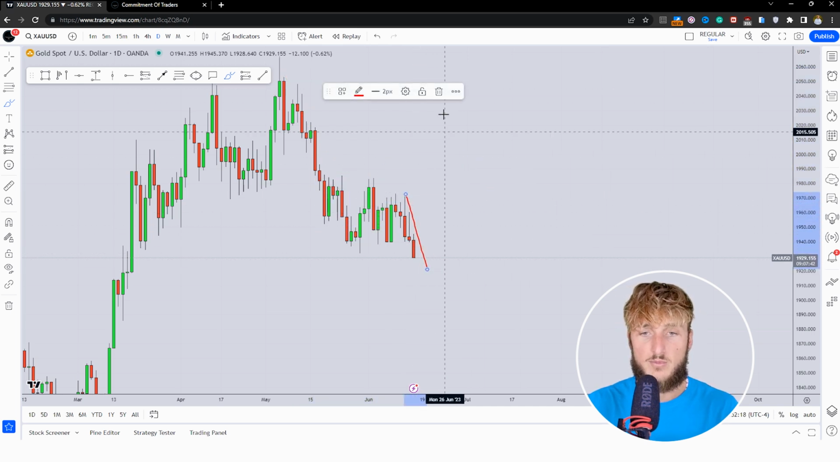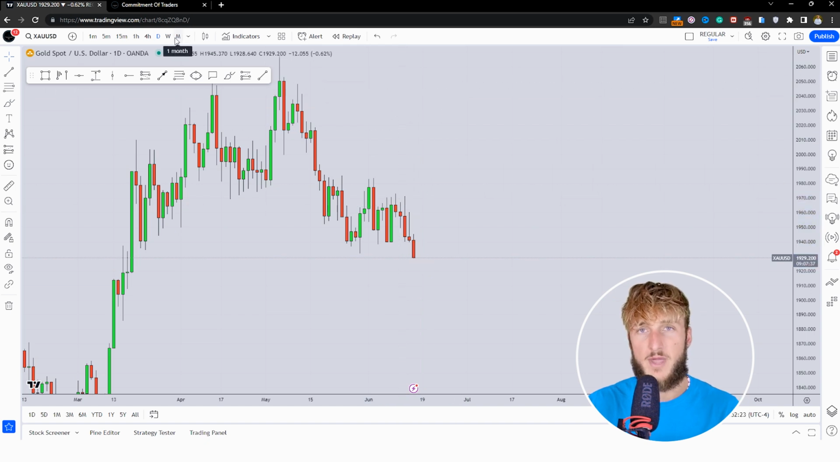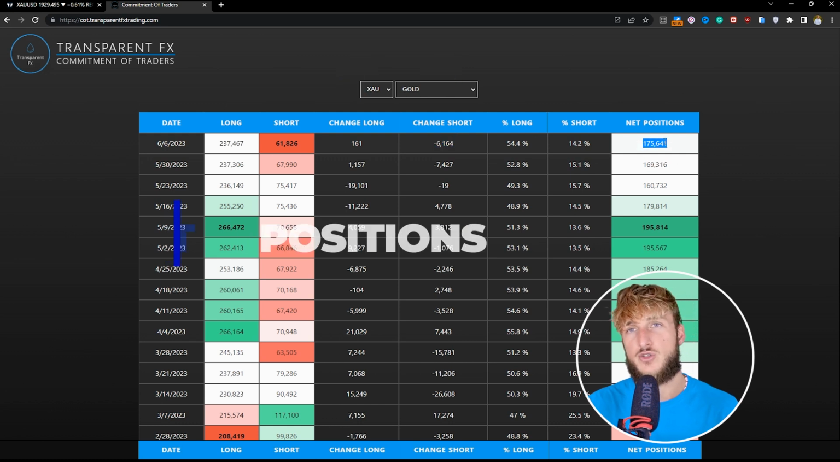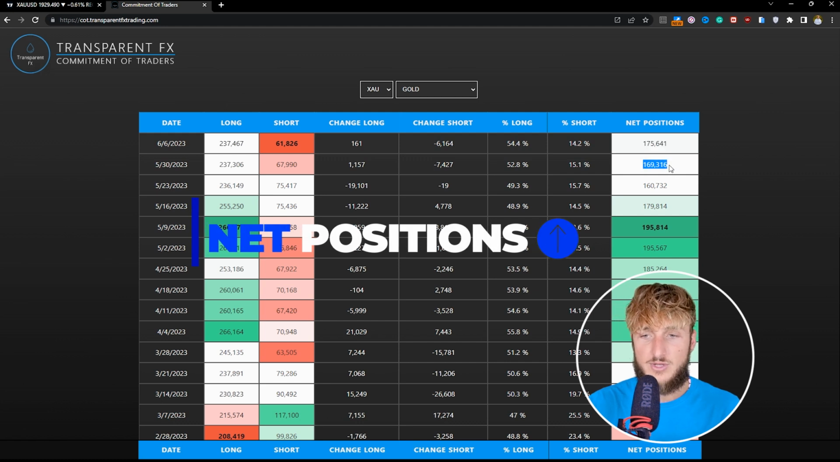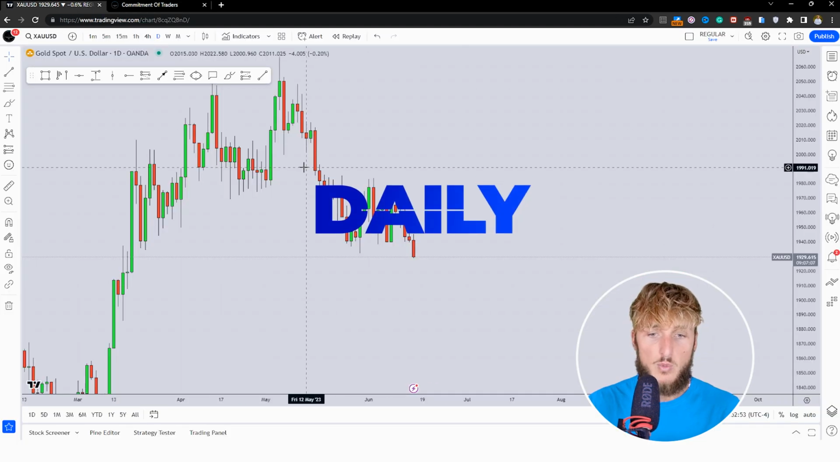However, now that we are approaching that minor support that we have identified by looking at the monthly time frame at the beginning of the video, we can see how once again institutions have been adding longs, with 161 longs added with the last report, and closing shorts with 6.1k shorts closed with the last report. So once again, now net positions are starting to get increased, going from 169k to 175k net positions. This shows how institutions are once again starting to slowly shift to the bullish side of gold, which means that